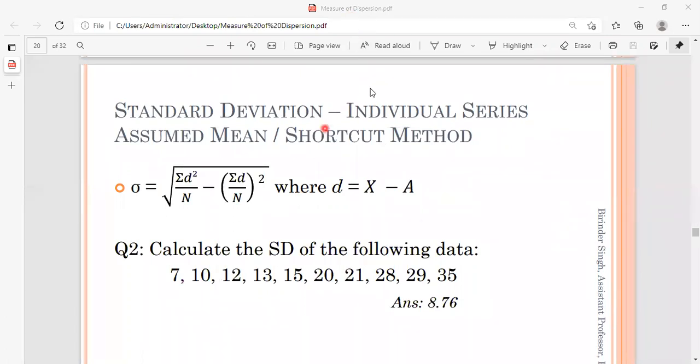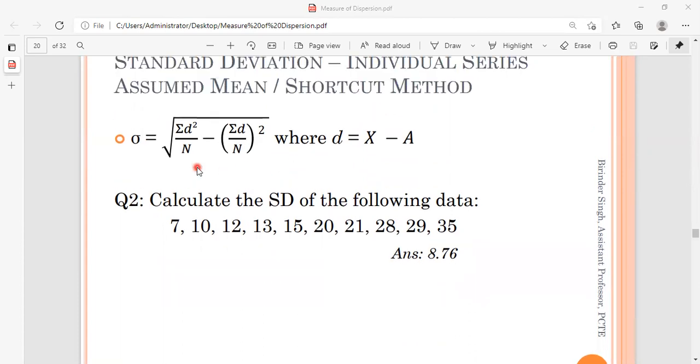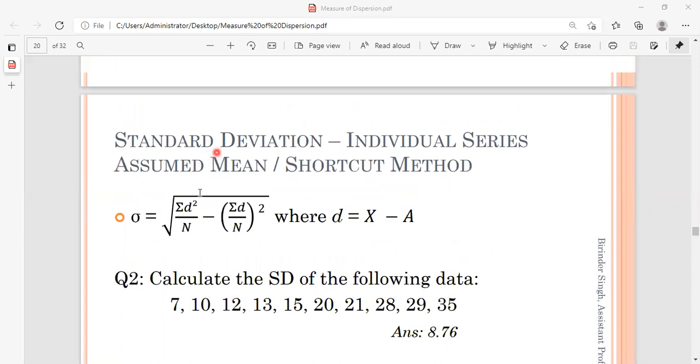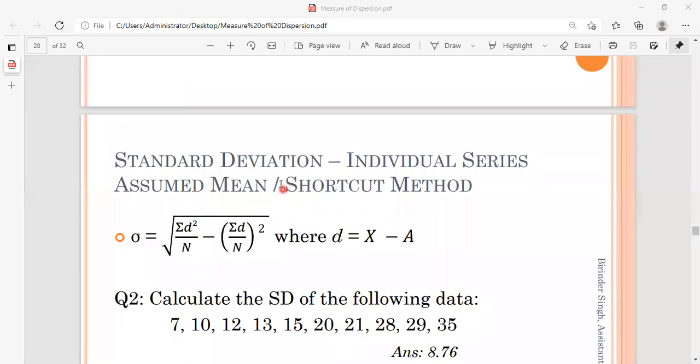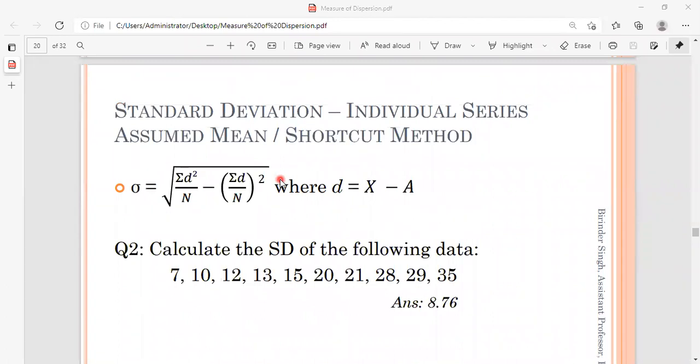Just look at here. This is again the case of the individual series. There is another way of computing standard deviation, called the assumed mean method. But I think it's not necessary for you to know a number of formulas to compute the same standard deviation, because our main motto is just to learn some specific skill to compute the standard deviation and make use of it for data analysis, especially hypothesis testing.